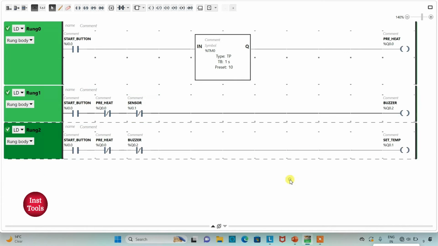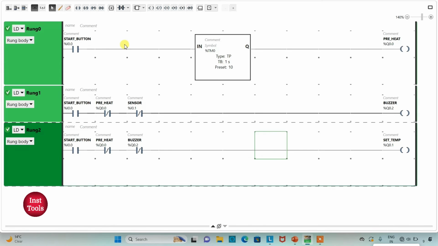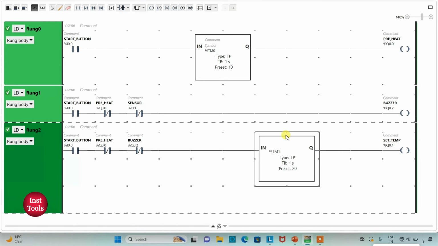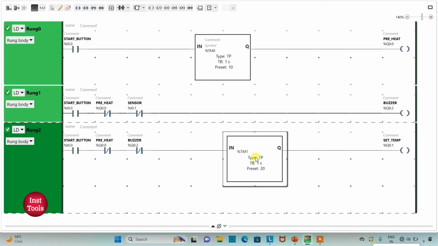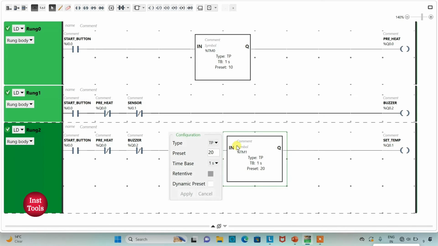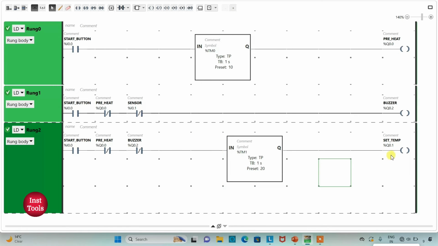So for that, I will use a timer here, that will be TP. I will change the time base to 1 second and the preset value to 20. So the process of maintaining the set temperature will be for 20 seconds. And then I will add a new rung